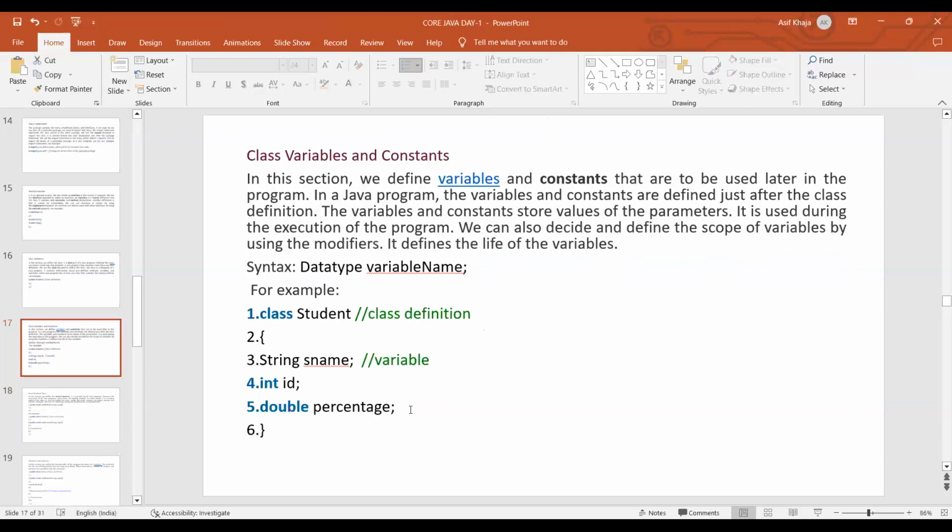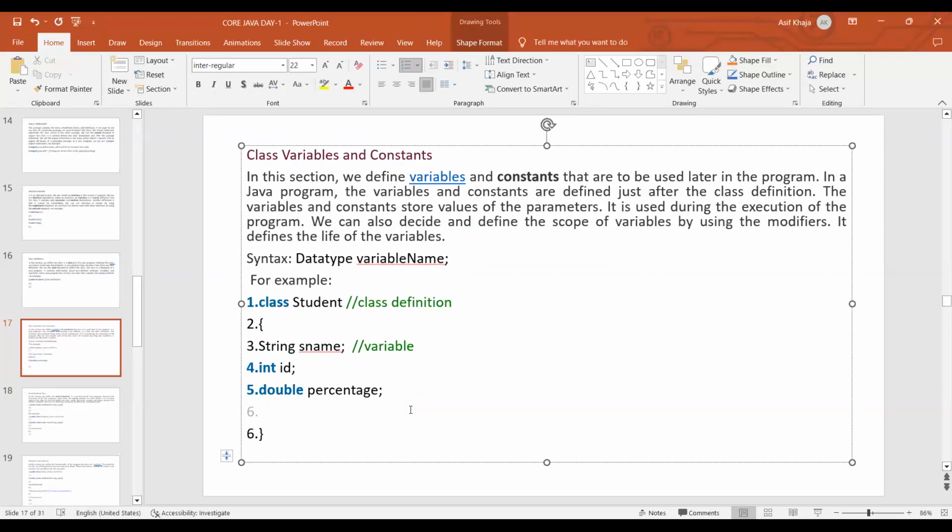You may also have a question here: then how are we going to define the constants? Constants means we cannot change the value. How we define constants in a Java program is by using a word called static. I already discussed what is meant by static. Once it is static, then we cannot change the value. So by defining the keyword static and the data type and the variable name, like